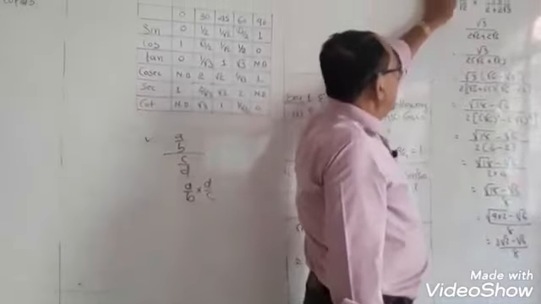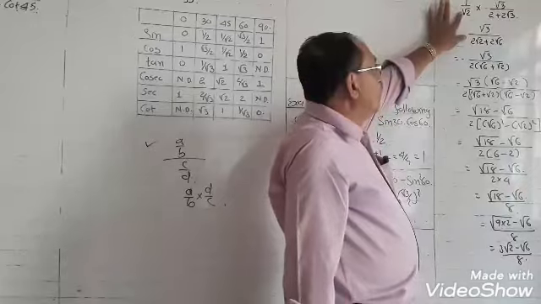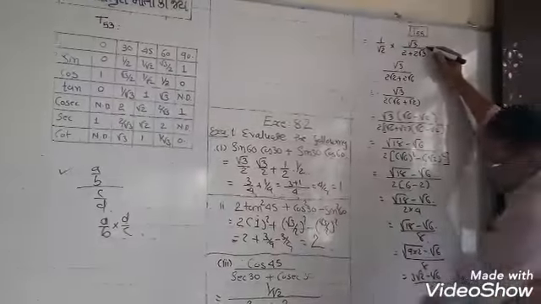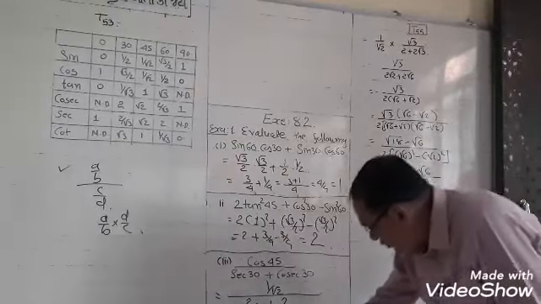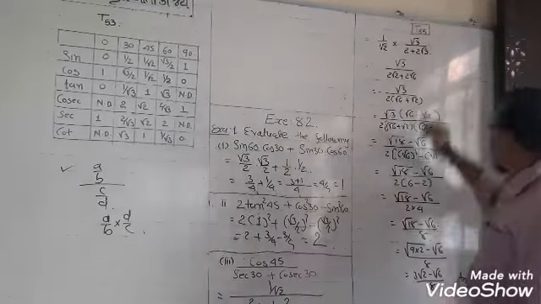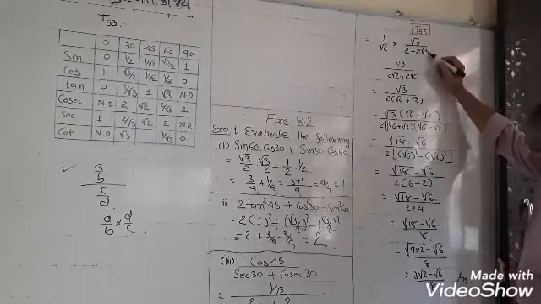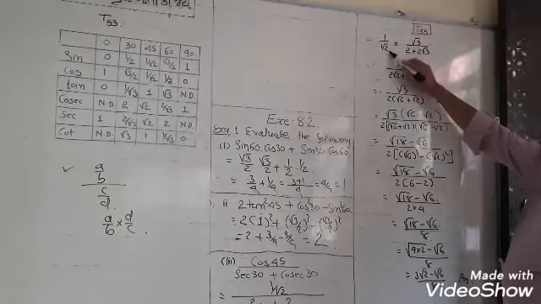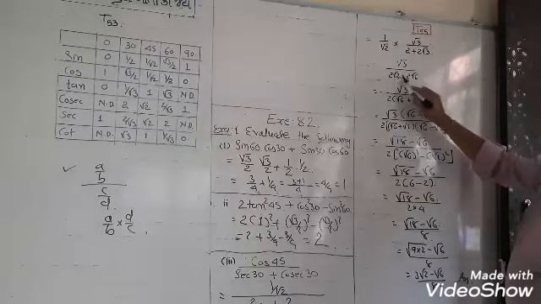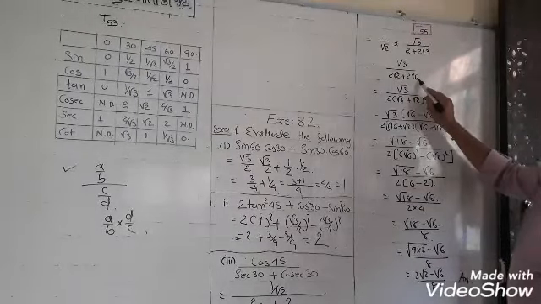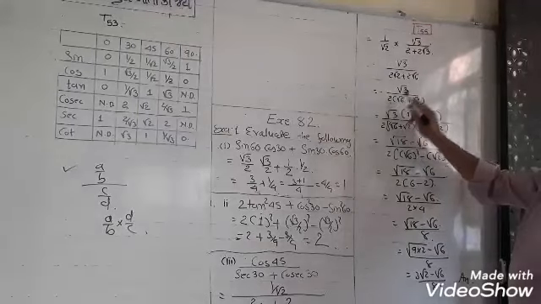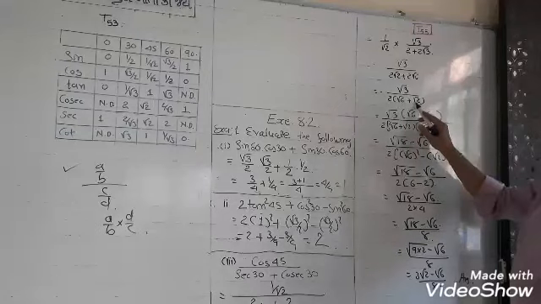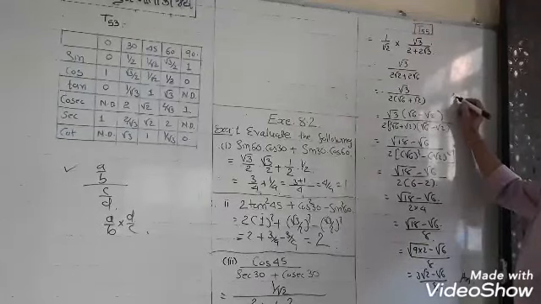So I have taken 1 upon root 2 plus root 3, that is here. Root 3 is your LCM. Root 3 plus 2 root 3. Now root 3 multiplied by this gives 2 root 2 plus 2 root 6. Okay, 2 common, so I have taken root 6 plus root 2 upon 3. Actually that is your answer.